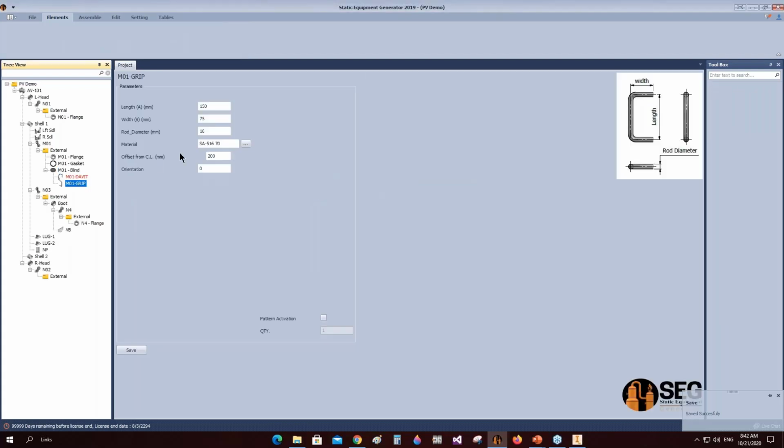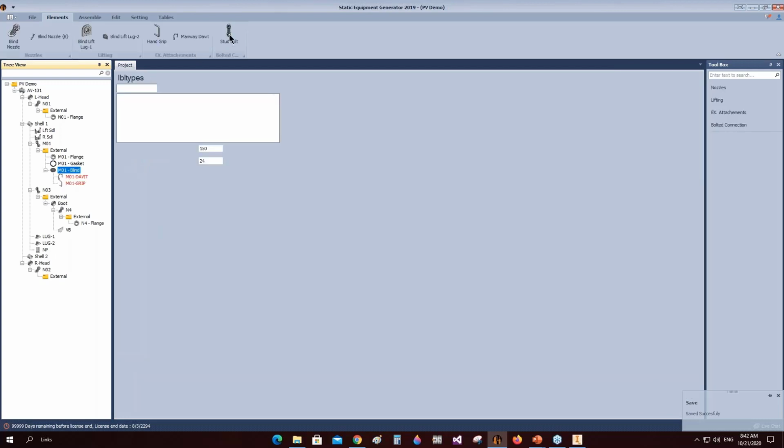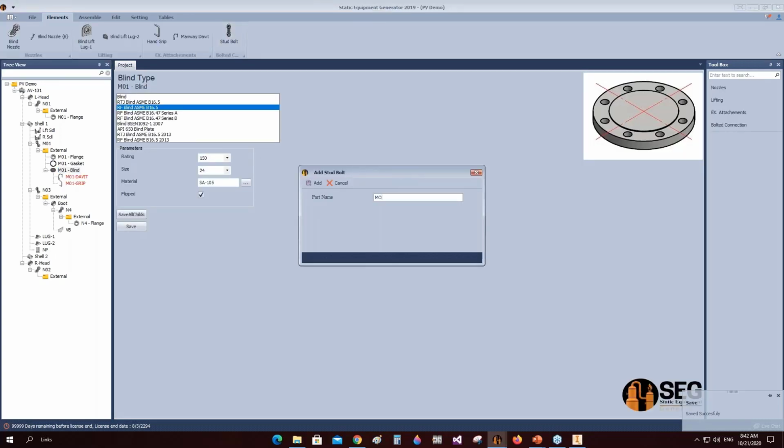Okay, and from here you have the ability to change the dimensions of this hand grip. Define the required number of the hand grip. We have 2 hand grips, and define the orientation. Click save. The last thing, we will add a stud bolt in 01 stud